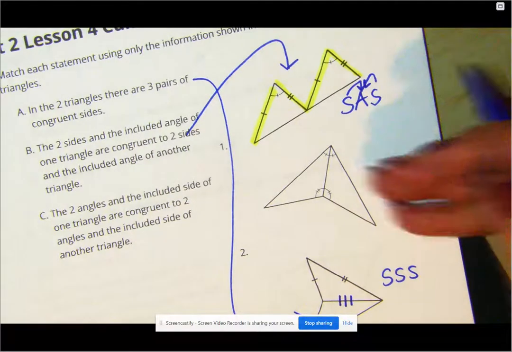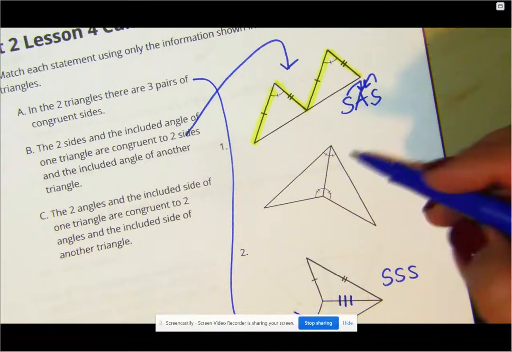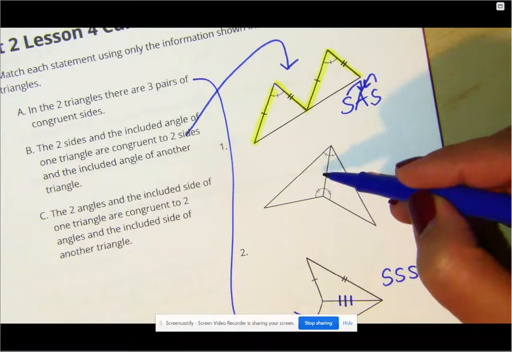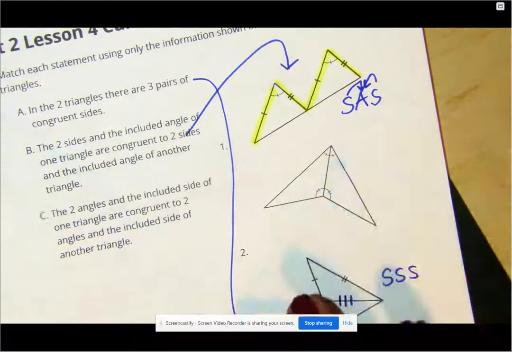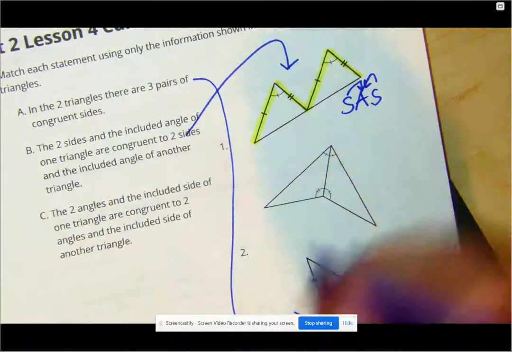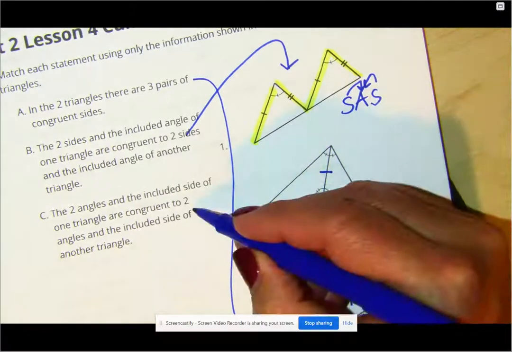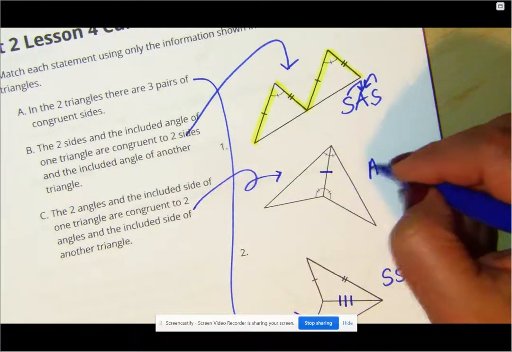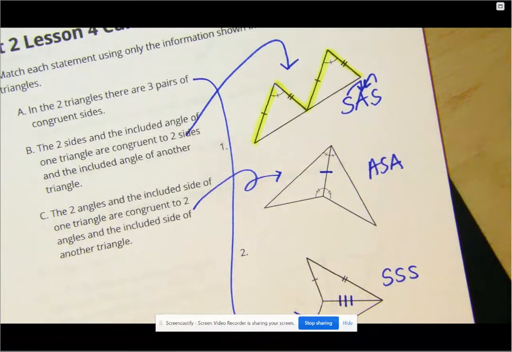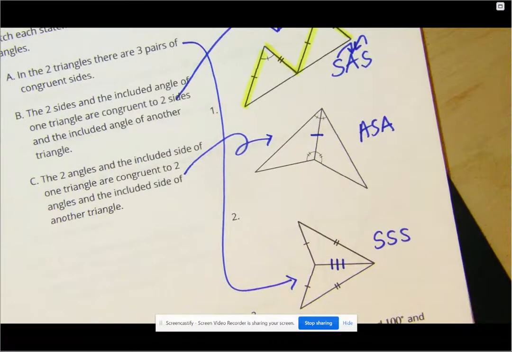And that leaves this one. It says the 2 angles and the included side. Now there's only angle markings here. But again, see this shared side? That side is part of this triangle, and it's part of this triangle. And it's the same length in both triangles. So we have angle, side, angle. Okay, but it has to be the side that is included with those 2 angles. All right, moving on, we're doing 1, 6, and 7. So number 1,